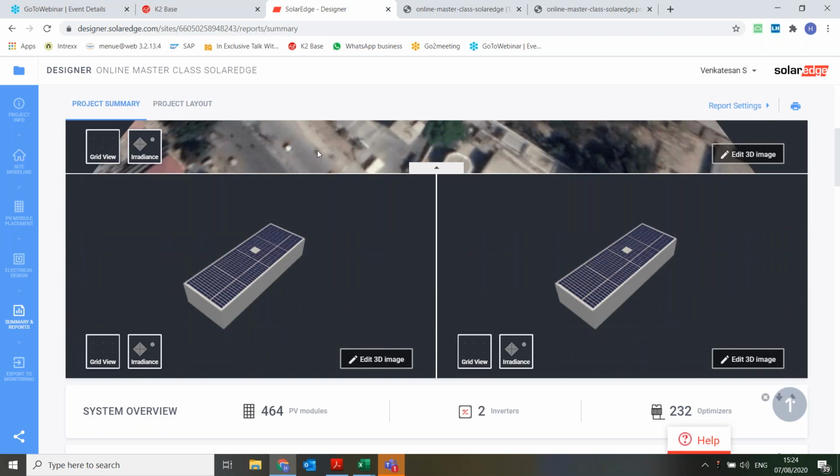So the first one, I leave it with the satellite. Second one, I will make it an irradiance view so that the customer can understand what kind of irradiance he is getting and what kind of shadow he is going to get in his report. And the third one, I just leave it with the grid view. So it is up to us which view we wanted to show here. In case you don't want to show these 2 options, with only one option, you can always go for that also.